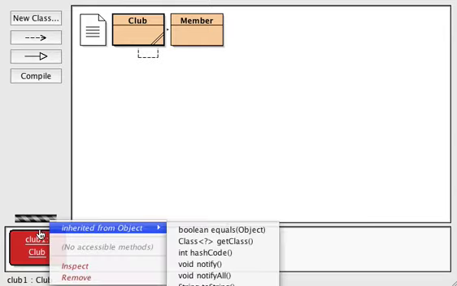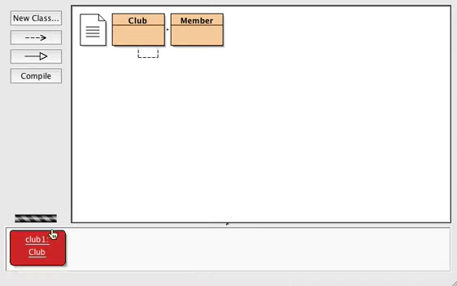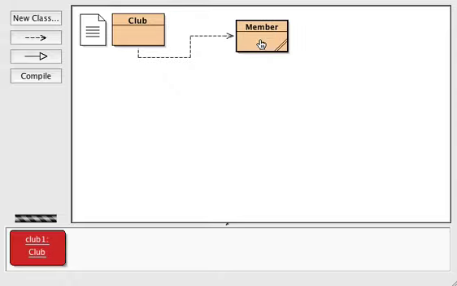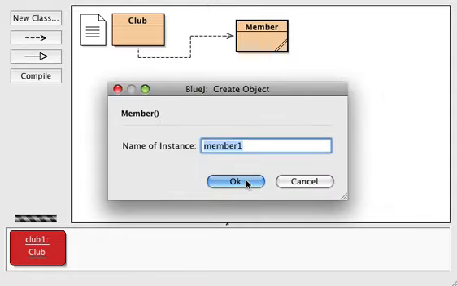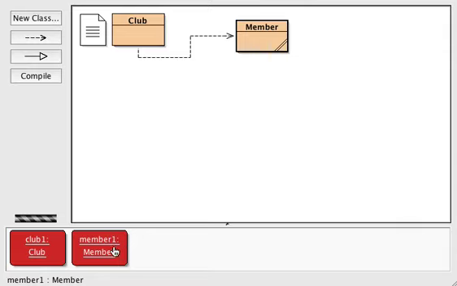Oh, can we do this from here? Interesting. Well, let's do it manually. This is actually interesting because this is exactly what's going on here. Right? The objects of member that were created by club are not down here on the dock, so I can't call their methods. Like if I made a new member here, it would appear down on the dock, and I